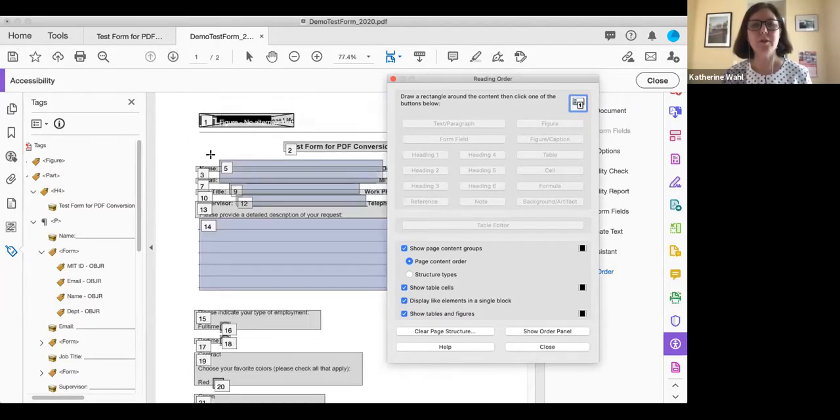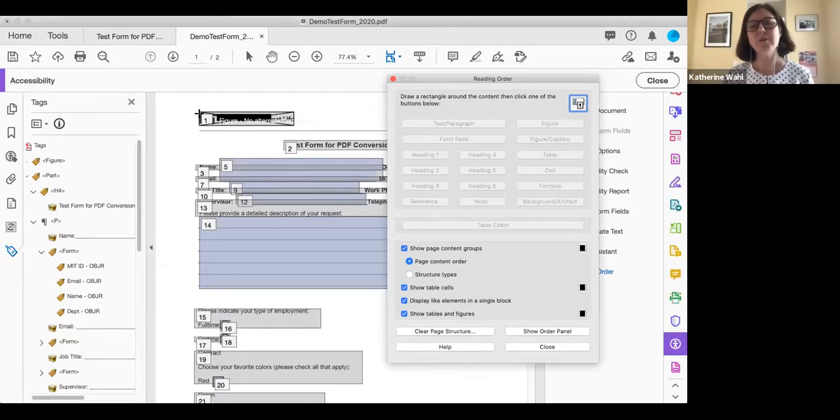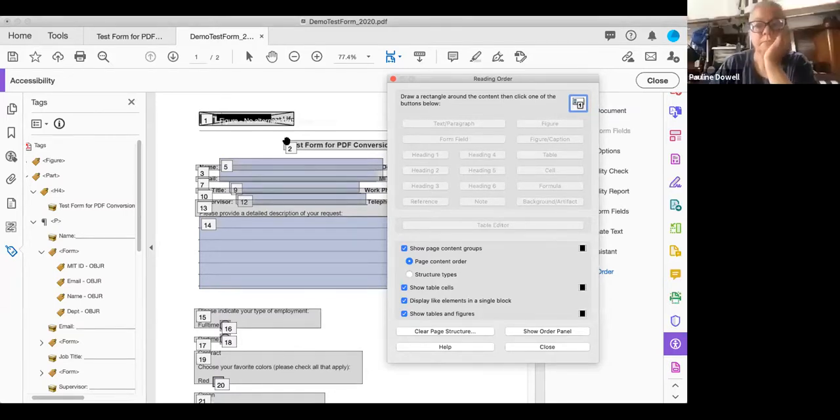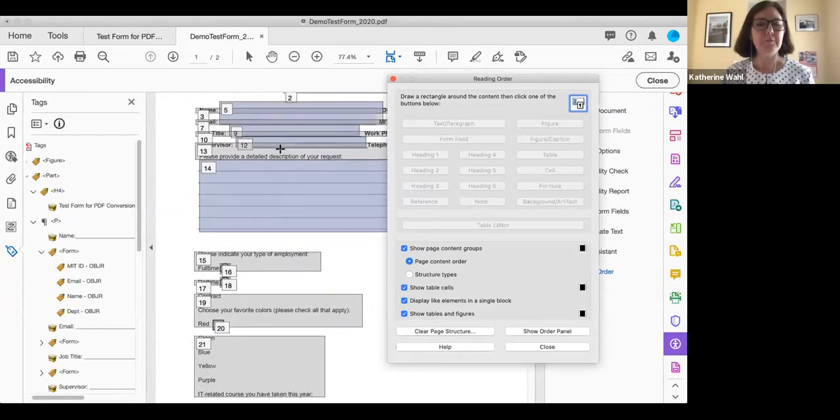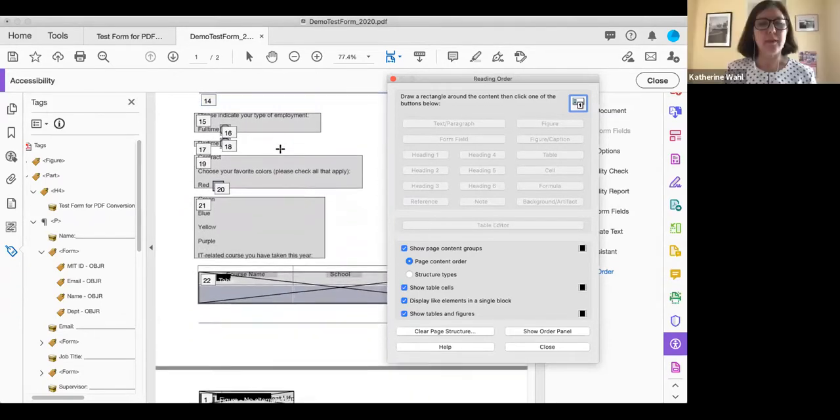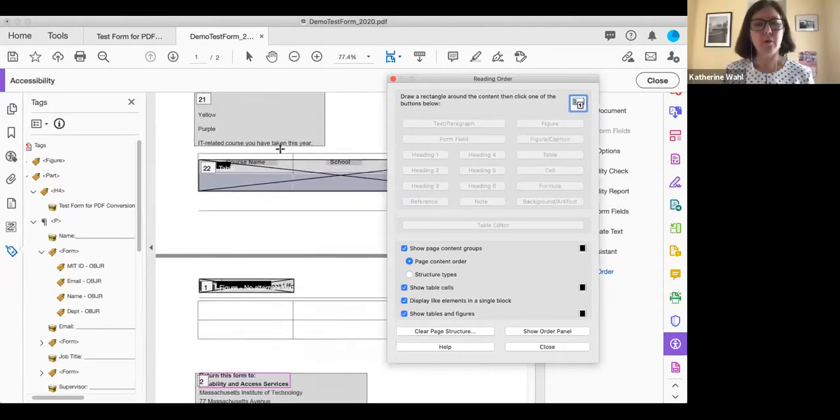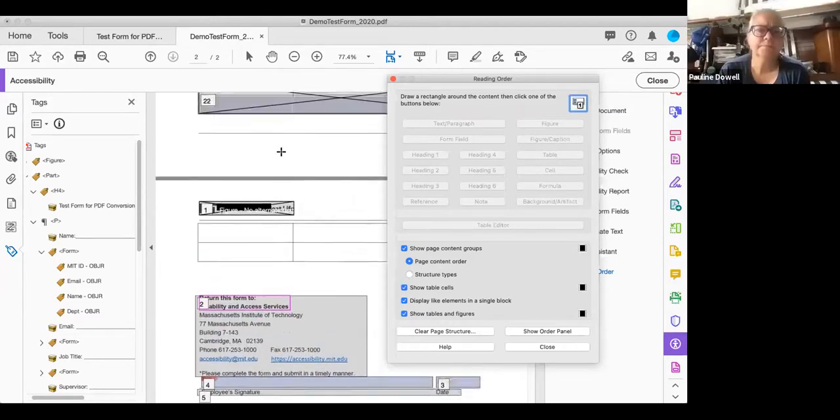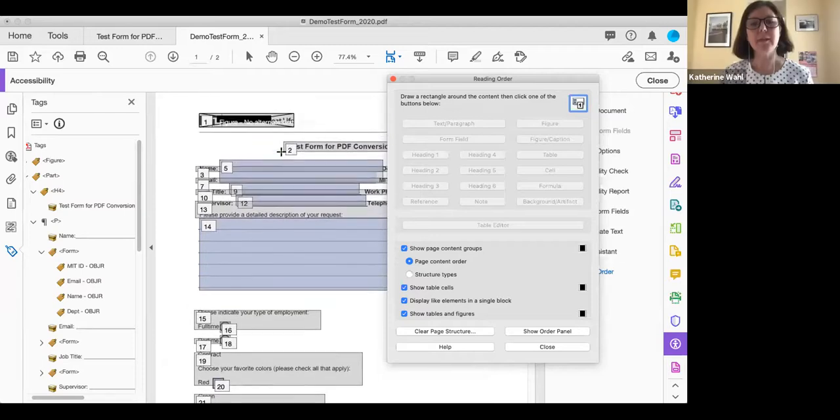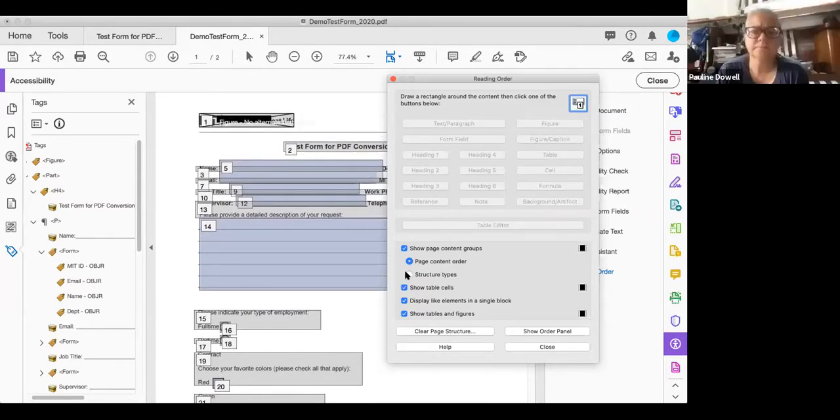If we go up to our top page, we start with 1, which is the DSL logo. We go to 2, which is the title of our document, test form, and so forth and so on. Looks like it's pretty much going in order here. And it starts again numbering on the next page. That's nice. If you want it to show the order by structure types, you go here and it tells you